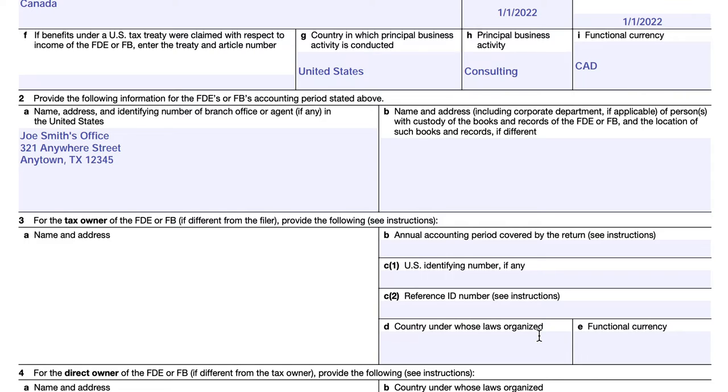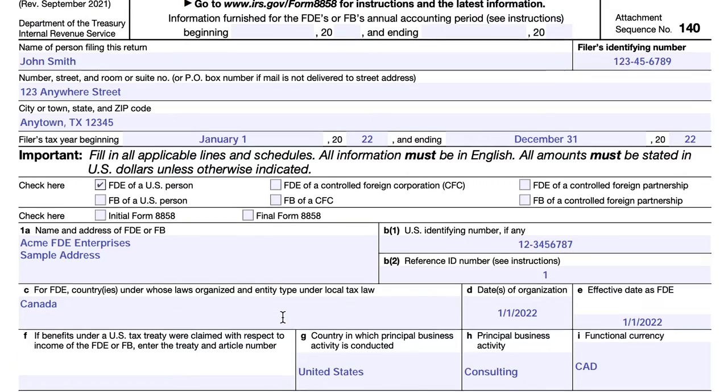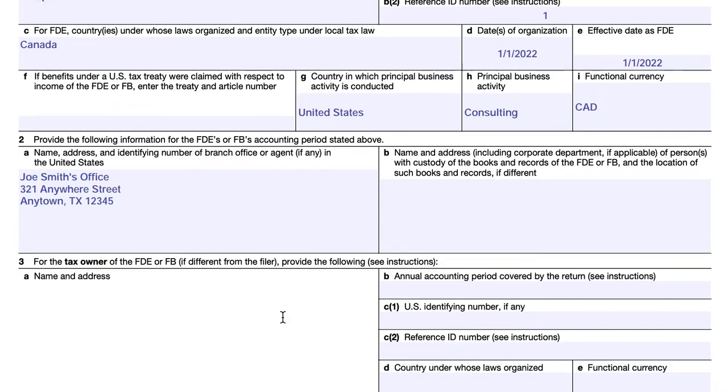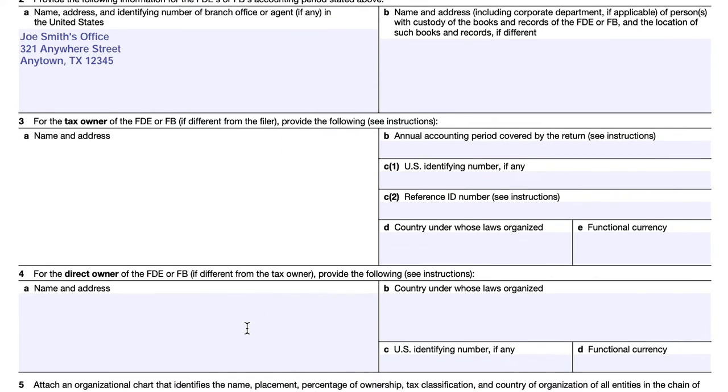We're going to, for the purpose of this demonstration, just assume that the tax owner is the same as the filer. And we're also going to make the same assumption for the direct owner. Now, if you had to look at this from the form instructions, then you would